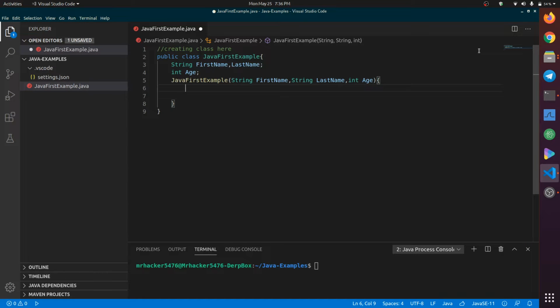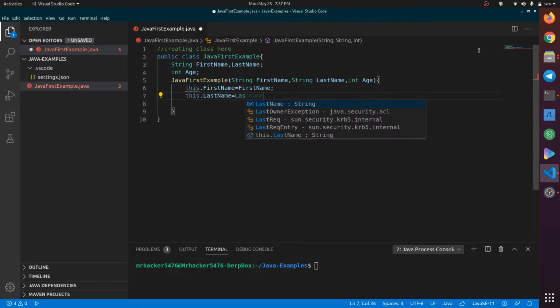Now I will initialize those parameters to our variables. So I will say this.firstName equal to firstName, this.lastName equals to lastName.